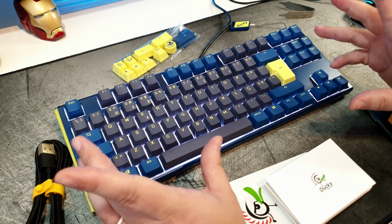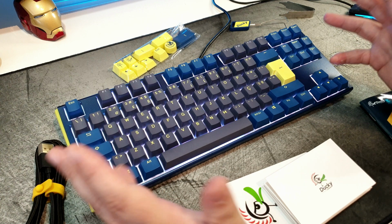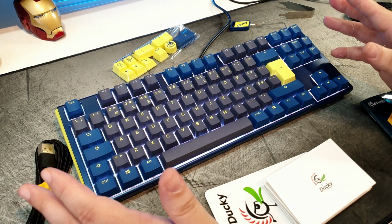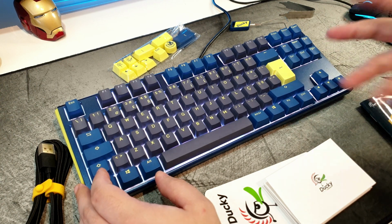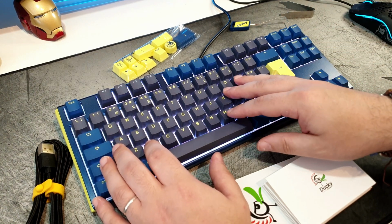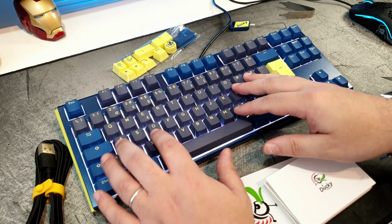It also features their new Quack Mechanics technology, which from my knowledge, is just for acoustics. It has a foam padding underneath the previously mentioned PCB, which helps with the acoustics. I'm not really sure, but yeah, I've seen some people swapping that foam because apparently it isn't great, but